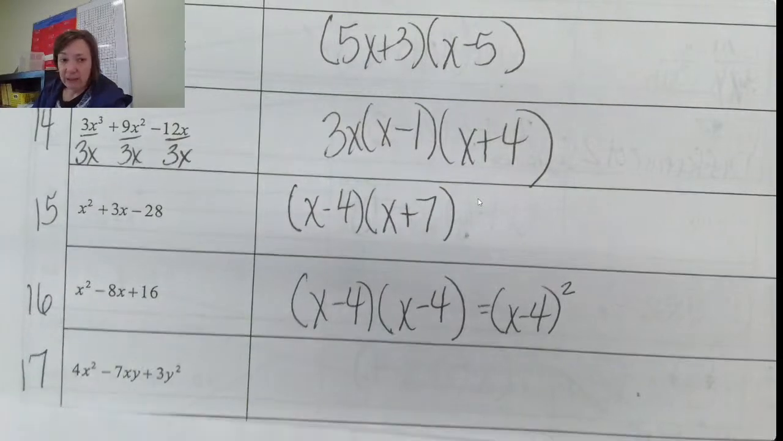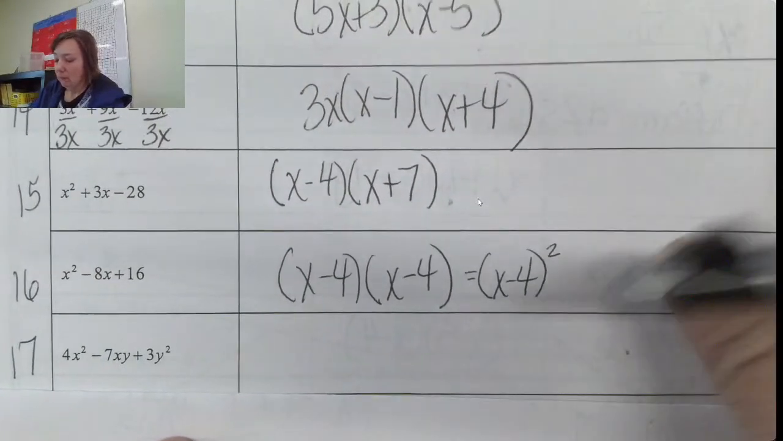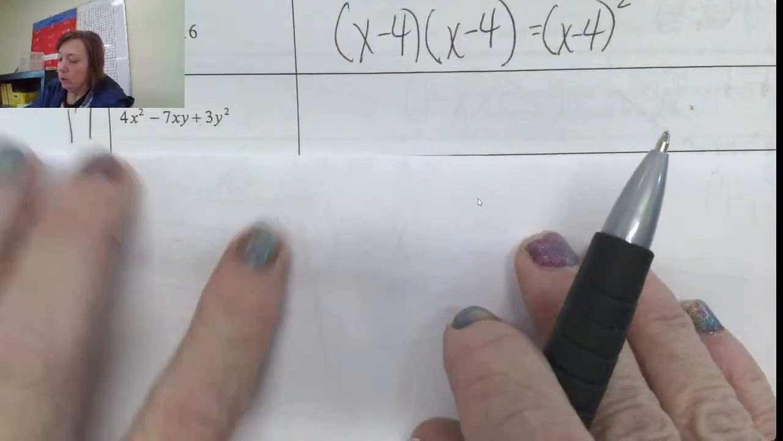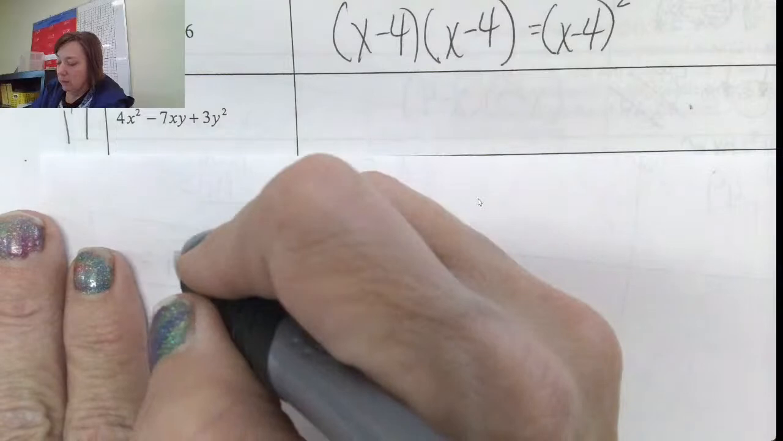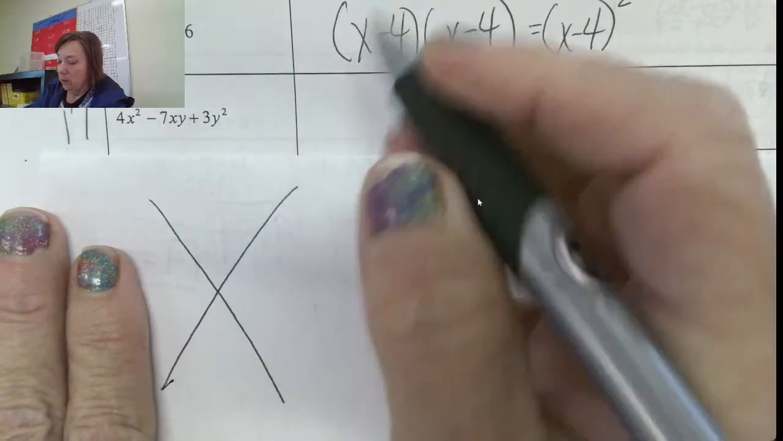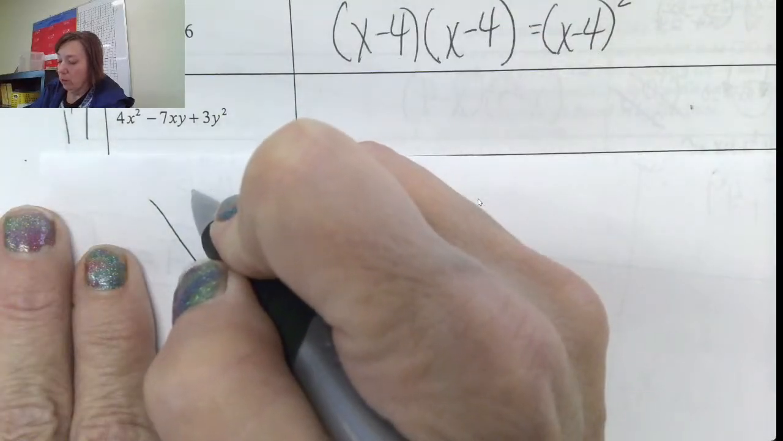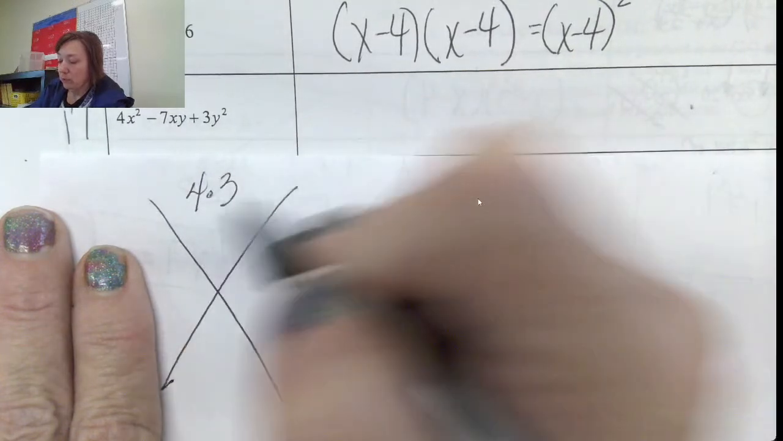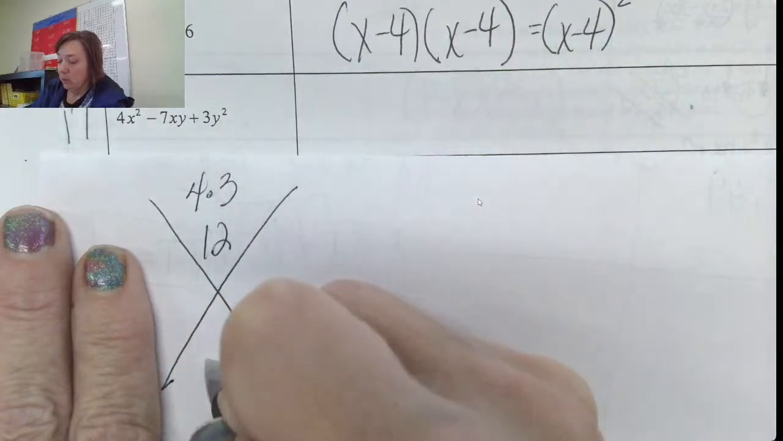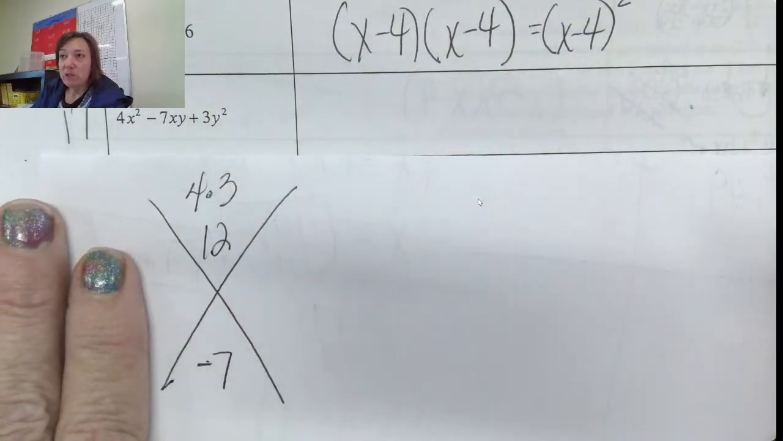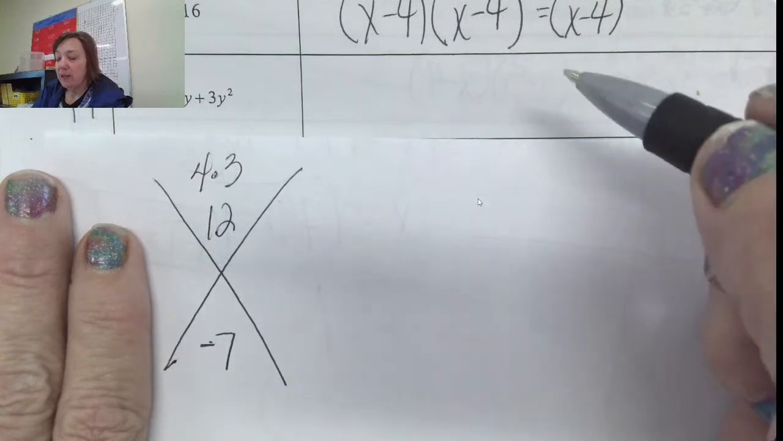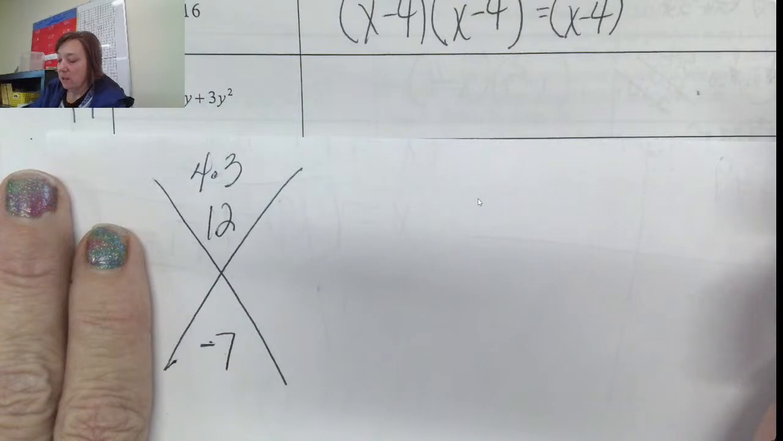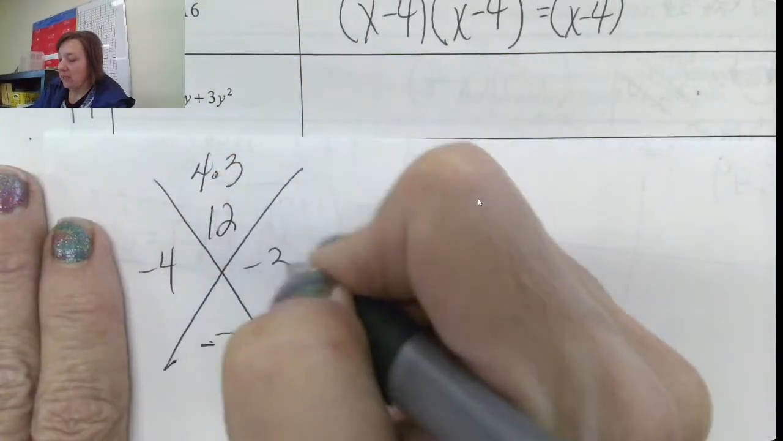So on 17, is there any greatest common factor? There's not. So let's do 4 times 3. That's 12. Down here, we're going to put negative 7. What numbers could we multiply that then add up to negative 7? Negative 4 and negative 3. So that gives us